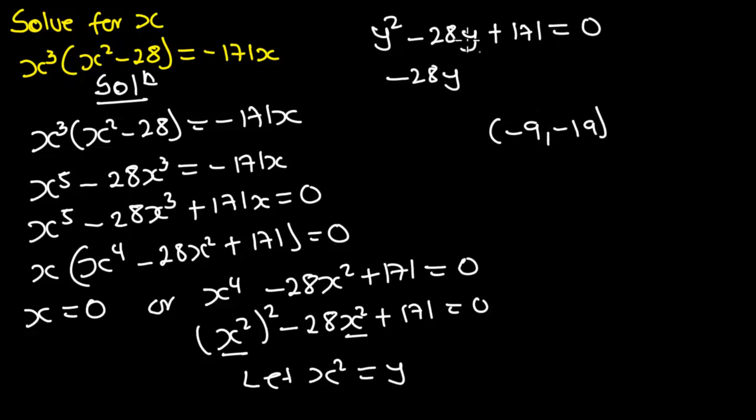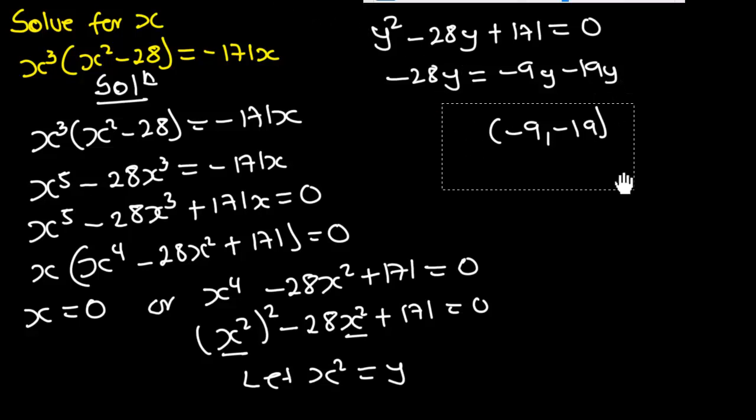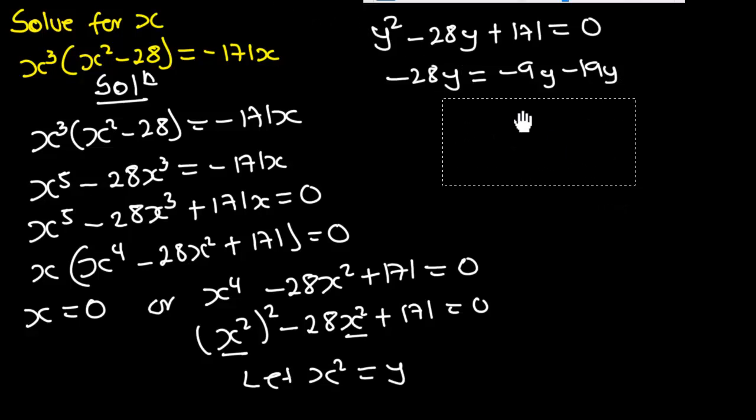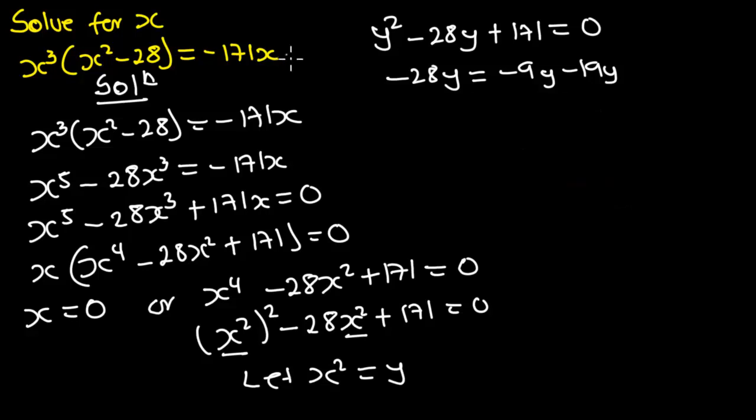Then when we add, we are going to have minus 28. And so we are going to rewrite minus 28y as minus 9y minus 19y. And so from here we are going to have y squared minus 9y minus 19y plus 171 is equal to